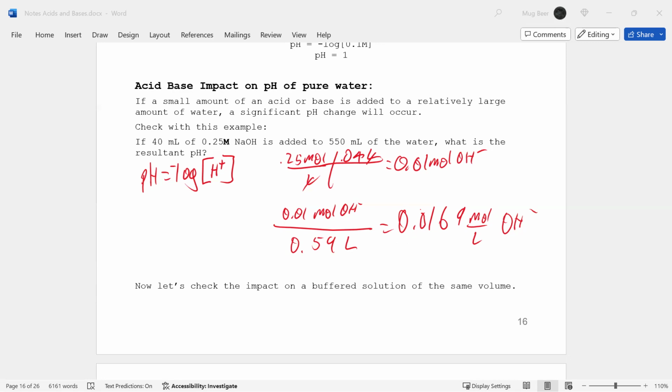So I'll take the negative log of 0.0169. Negative log 0.0169, close parentheses. I get 1.77 for my pOH. All right, so 14 minus 1.77, and I get